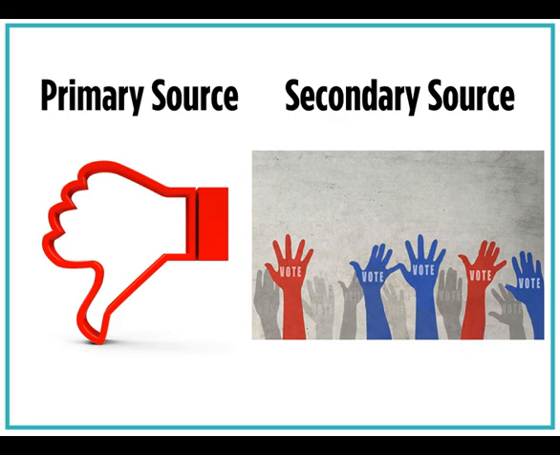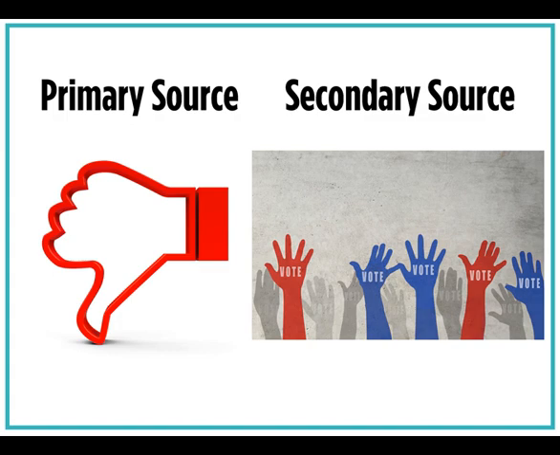The primary source shows us that there were people who were opposed to women's suffrage. The secondary source shows us how women fought for their rights. The secondary source explains more about women's suffrage than the primary source, but they both tell us a lot about